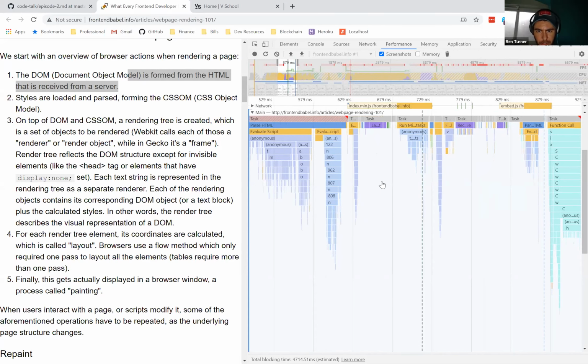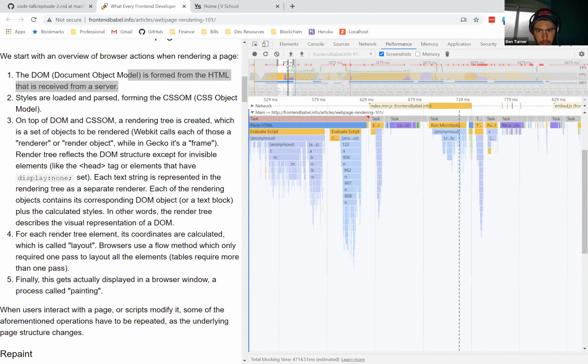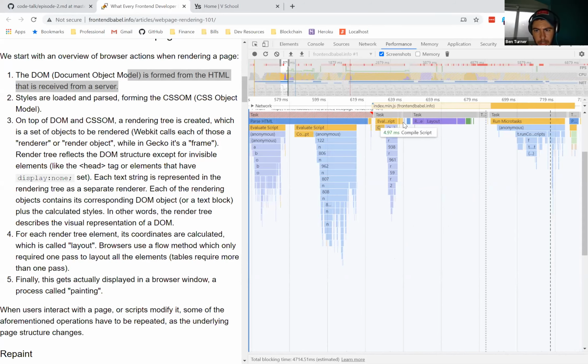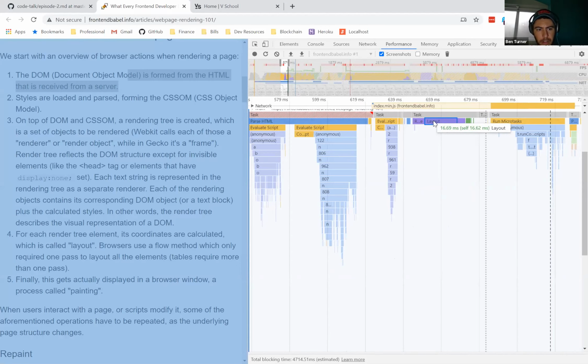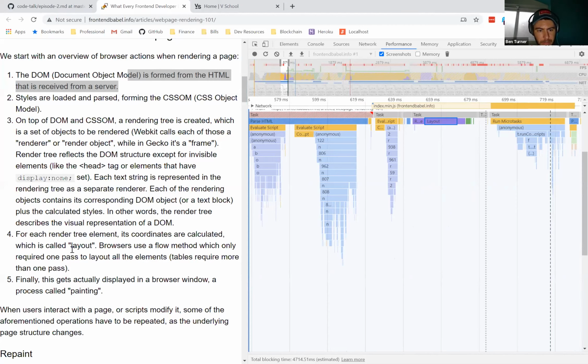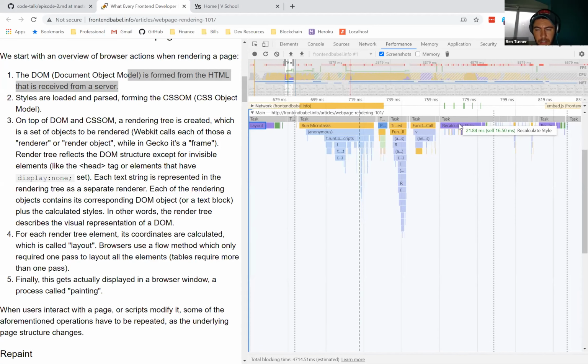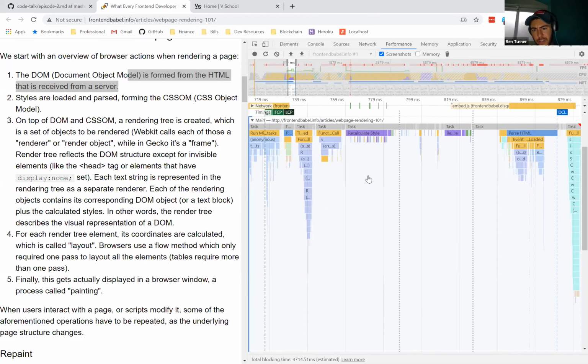All right, let's see if we can find something interesting. I'm going to shrink this down a little bit more so that maybe we can see something happening. All right, so there's our parsed HTML, and hey, look at this, here's our layout. If you remember, the layout step was right here, where it determines where things should be, where they should display. Again, that's layout. Okay, there's some other stuff, and you'll see that it looks like this page is actually recalculating things quite a bit, which can be good or bad.